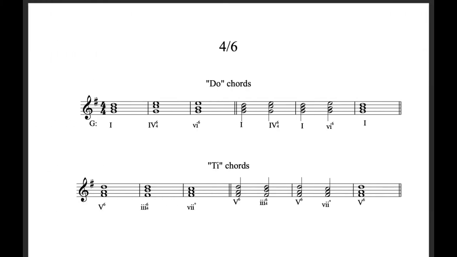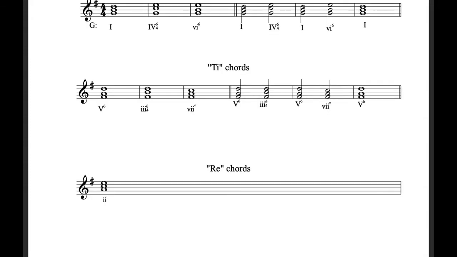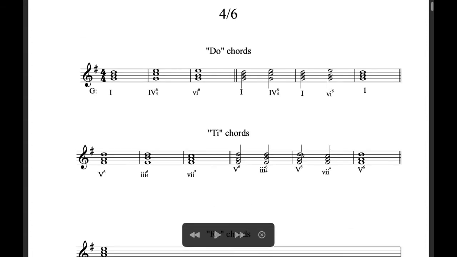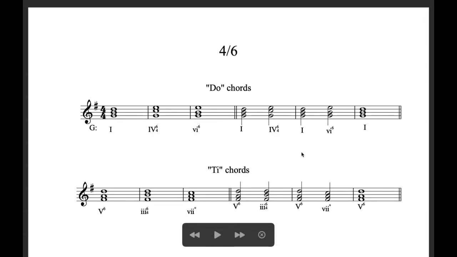So as you remember from moments ago from watching those videos, we have three types of chords: the do chords, the ti chords, and the lowly re chord. Please ignore this. Pretend that this is singular, not plural. So the idea is that if we're here in the key of G major,